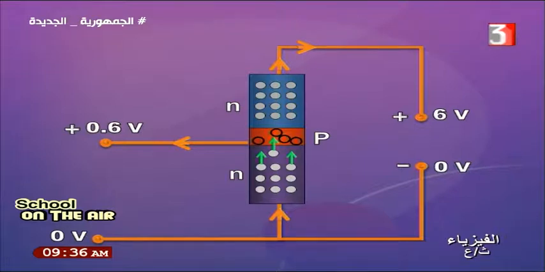We want to understand the action of the transistor. To understand it, there are two currents. One is a small current but it dominates the other one. The current from the emitter to the base, the base-emitter current, dominates the collector-emitter